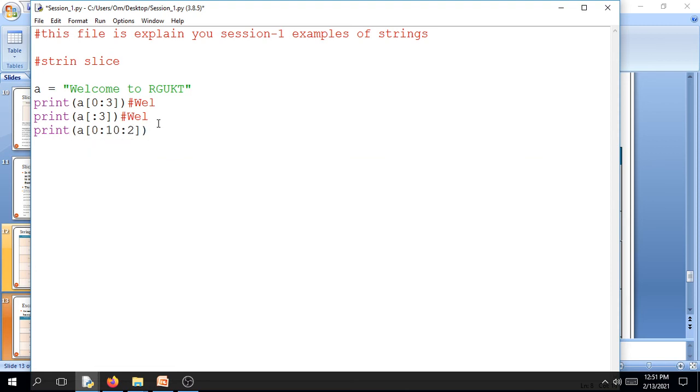This thing we can call slice striding. Whenever I do striding, I am saying jump 2 characters. That means I will get the first W, it will jump one character, and I will get L, then I will jump one character and get O. The output will be